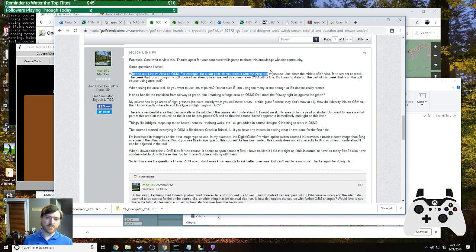The area tool and when to use a lot of points. I like to use a lot of points inside bunkers, especially if bunkers have fingers that come inward and sort of have a lot of detail. I like to really load